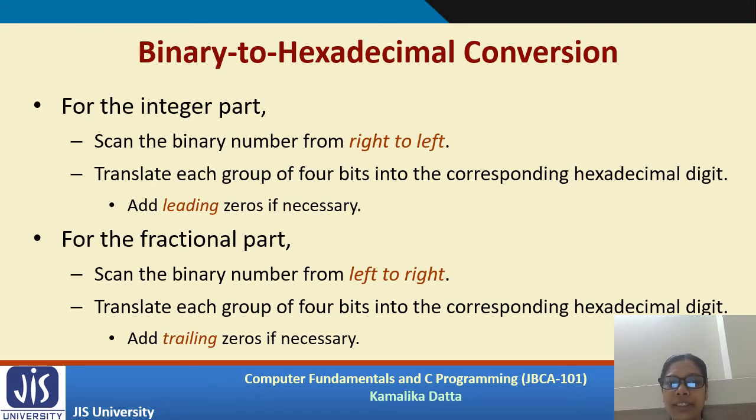How do we convert binary to hexadecimal? Basically, it's very straightforward. We have a string of zeros and ones, and we need to convert that to hexadecimal. All we need to do is scan the number from right to left, and we group it